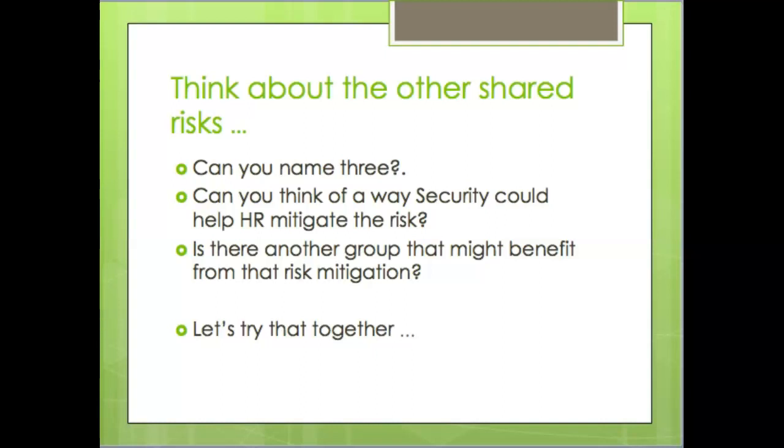that background check, the hiring organization, the place the person is going to actually work, that department, benefits from all that, because we're going to make sure that they get somebody who is reliable and isn't a big bar fighter, right? So there was a third winner in that. And that's the actual people who are going to have to work with that person, right? So let's try together to think.